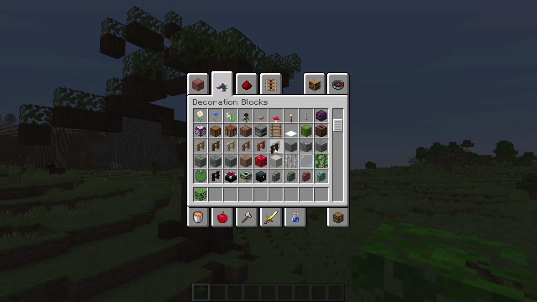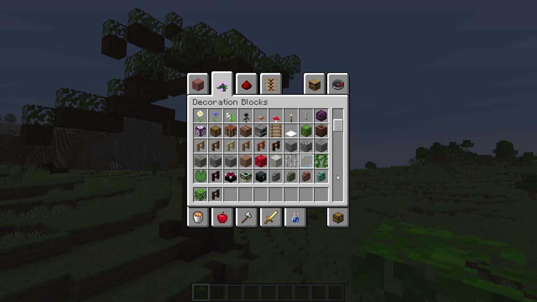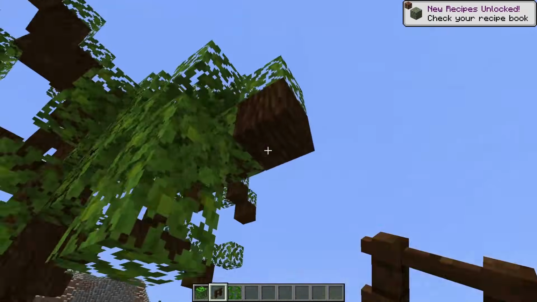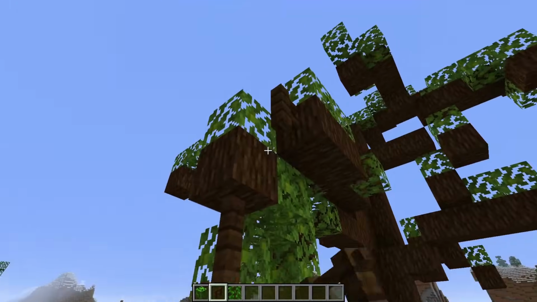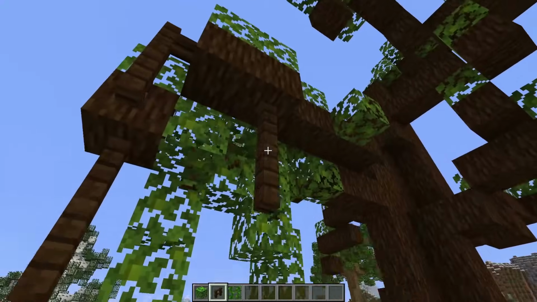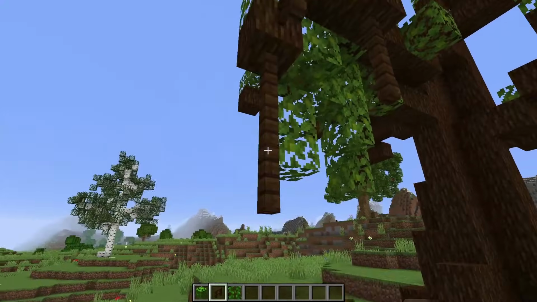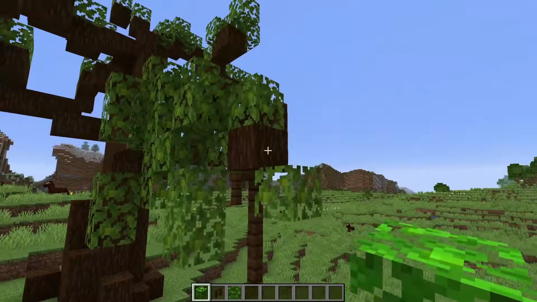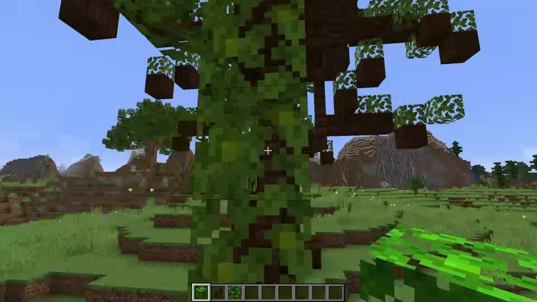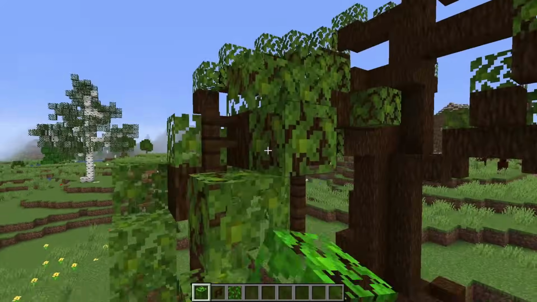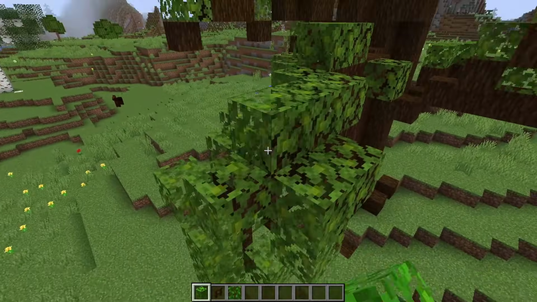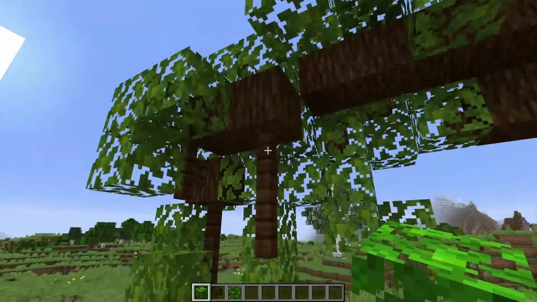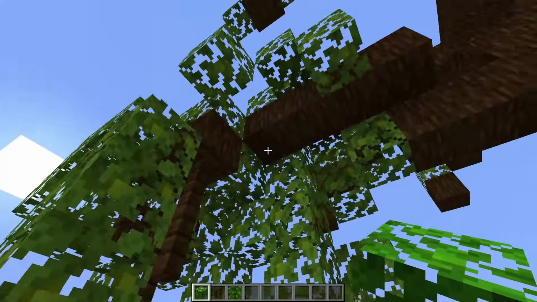Now let's grab some of our other blocks, like the dark oak fence is one that I'm going to be using, and the vine, of course. With these, I'm just going to be coming to the ends of some of these branches and adding a few areas where the actual kind of stick part of these branches is also dragged down. And then around that, all I'm going to do is continue with these leaves, placing them all around all of these areas. Again, lots of air blocks throughout them, but not as many air blocks as we were doing before.